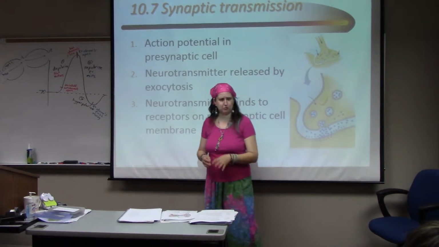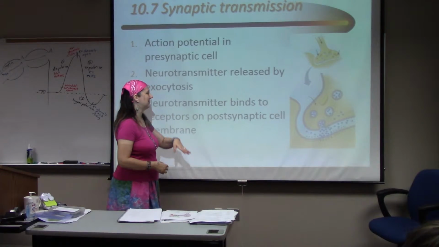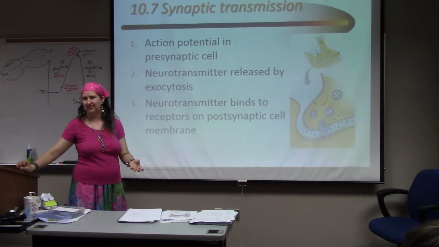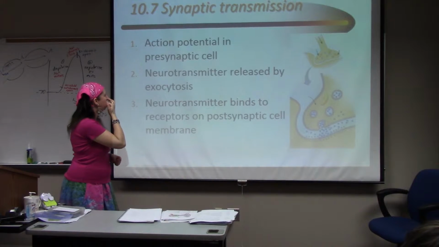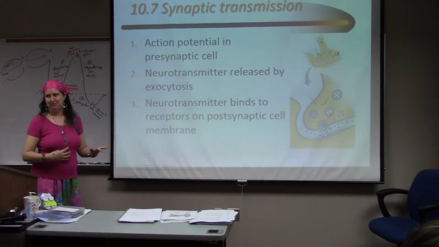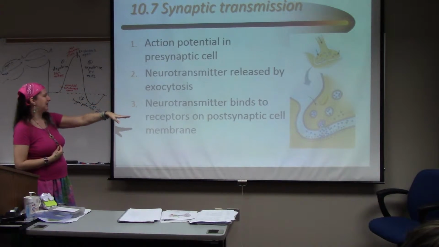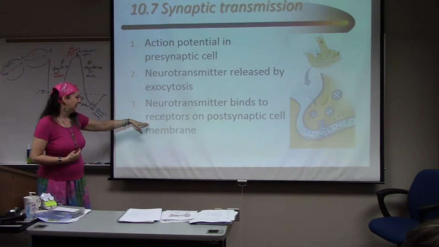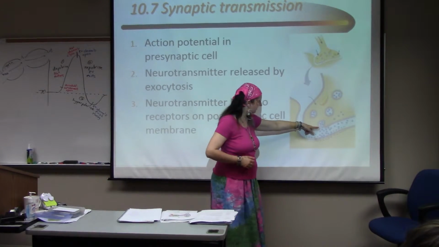Now, you'll see in the textbook and some videos that the way that works is it lets calcium in instead of sodium. And instead of just changing the charge, the calcium activates the vesicles. I don't need you to remember the calcium, just that the action potential stimulates exocytosis, the neurotransmitter is released, and